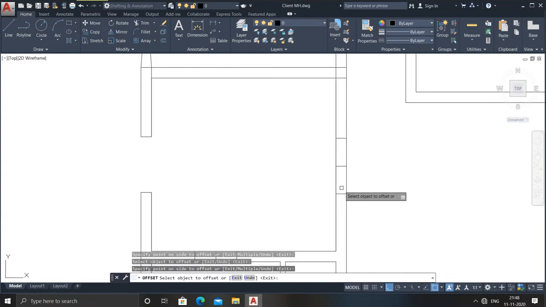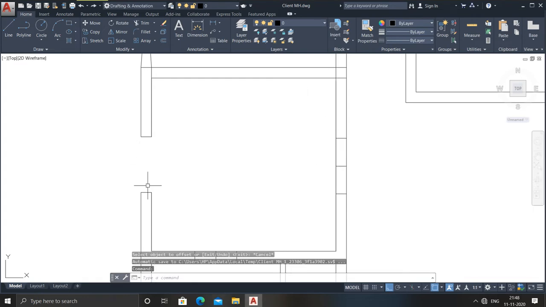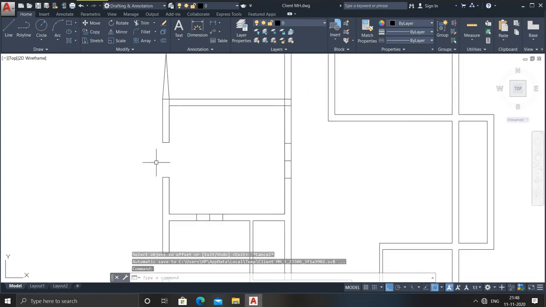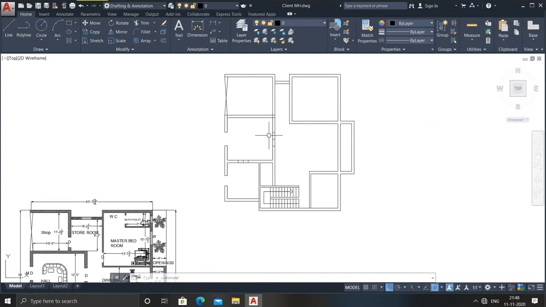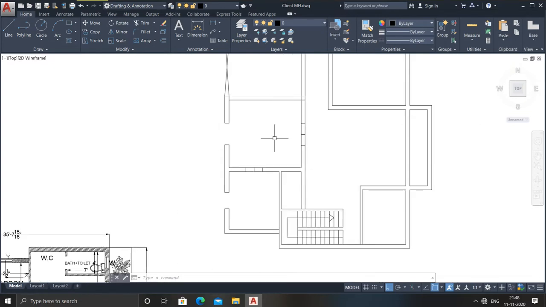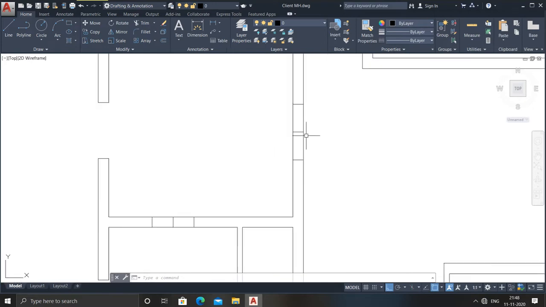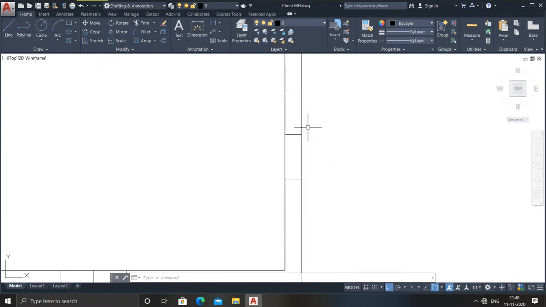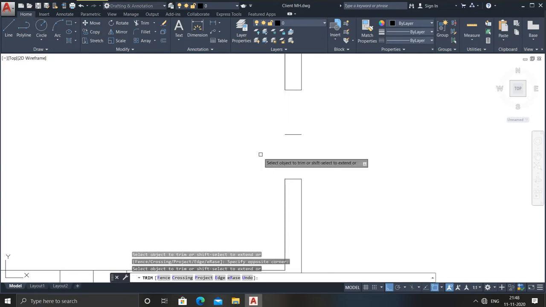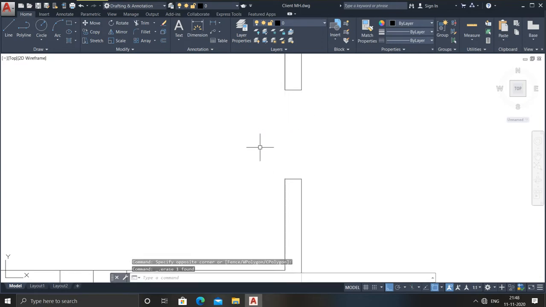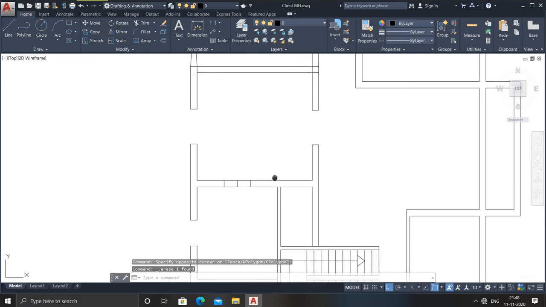Here one thing you may understand: this is your hall, right? This is the main gate. You need an entrance into this whole building plan. If you want to leave this door as an open space, that will be really helpful, that will be good. You can match it, or you can create a door over here, or if you need to leave some space here, like 4 feet I have given here, that will also be very good for you.